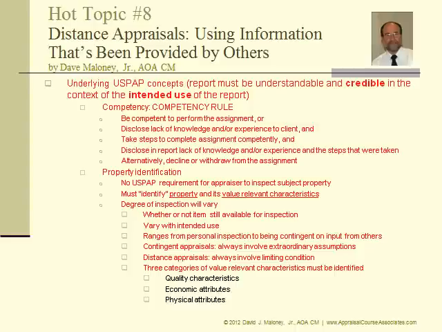Quality characteristics that the appraiser is required to identify must be sufficient to establish the relative quality of the item. This is a good, better, best type of gauge and includes such property characteristics as material, condition, damage, alterations, restorations, repairs, conservation, additions, obsolescence, missing parts, physical deterioration, etc. All else being equal, the better its quality, the higher the property's value. The appraiser must also identify economic attributes and physical attributes that are relevant to value.